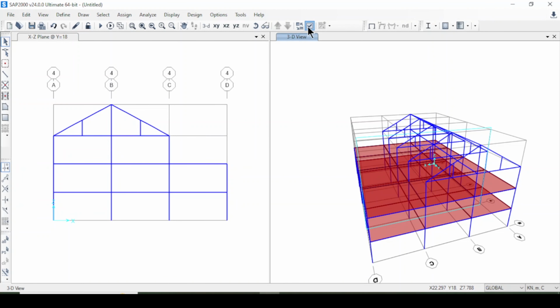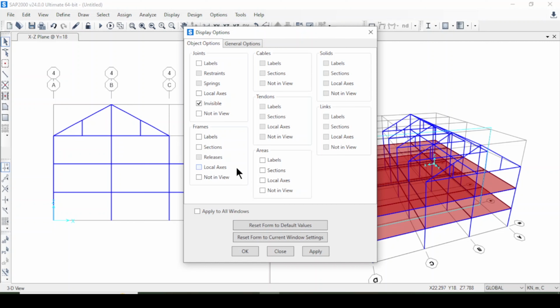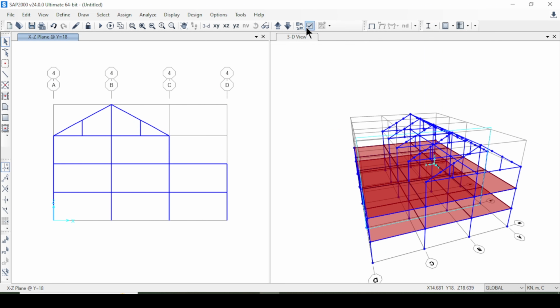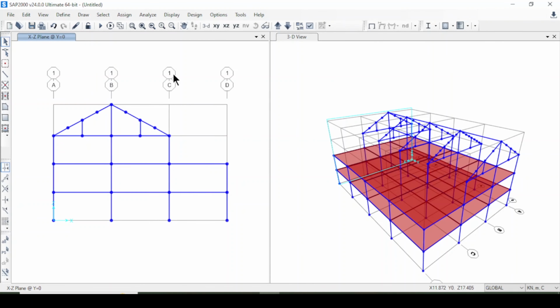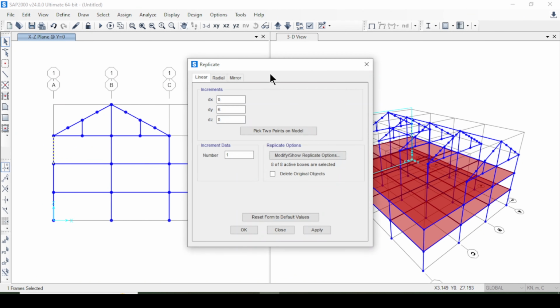Then I am going here to these portions and make it invisible, apply and OK. Now look here, I will come here again and make it invisible and press OK. So now I will select this column and the same as this column. First I will select one column, then I will replicate, Ctrl R, and it